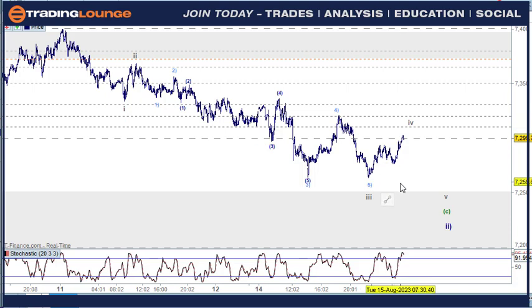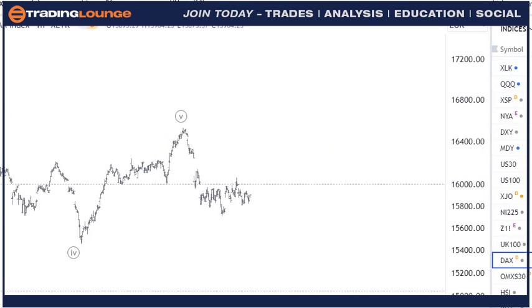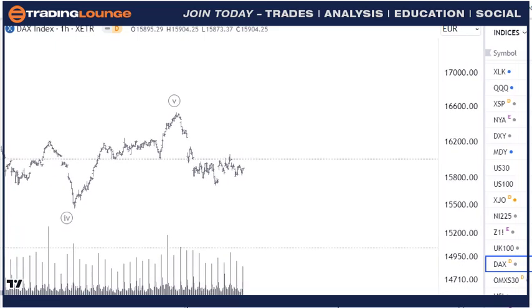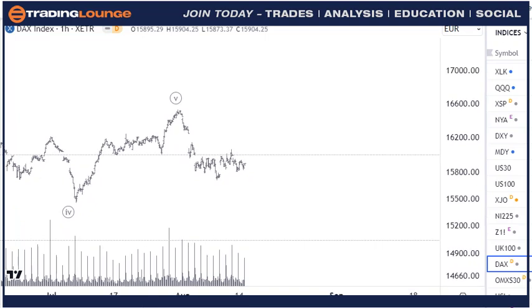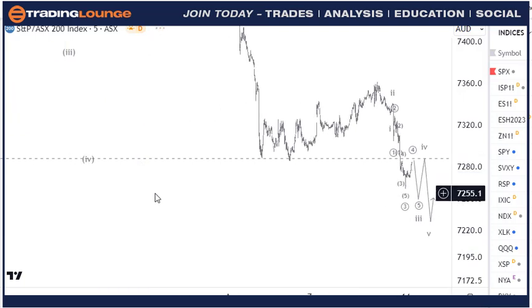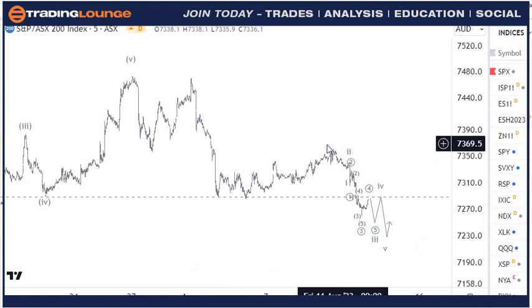So in a nutshell, I thought that we would be going back up to this particular wave 4 here, and then dropping down here for one more move. And one of the reasons for that is, just bear with me here for a second while I get this into the fold. It's not the DAX we're looking at, we're going to look at the Australian market, which is this one. So I was counting it down from this little top here,